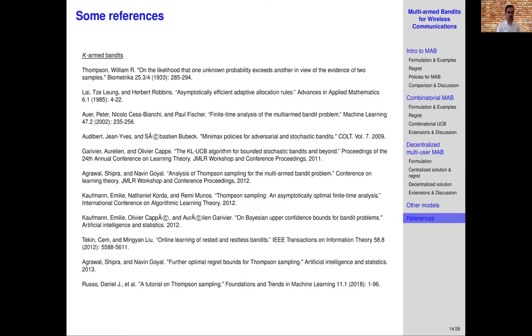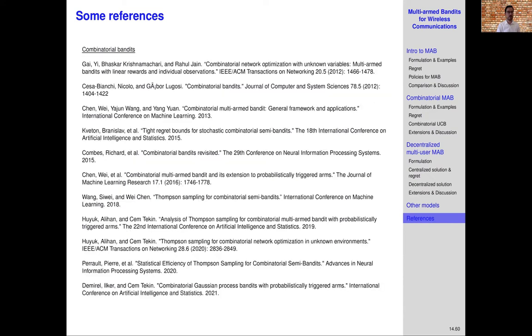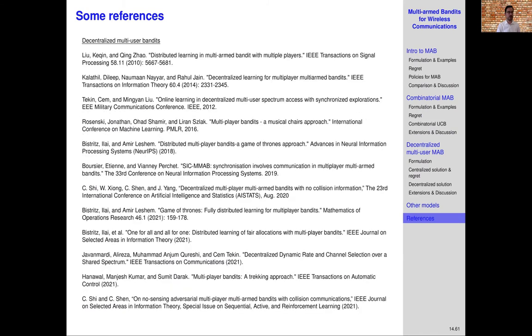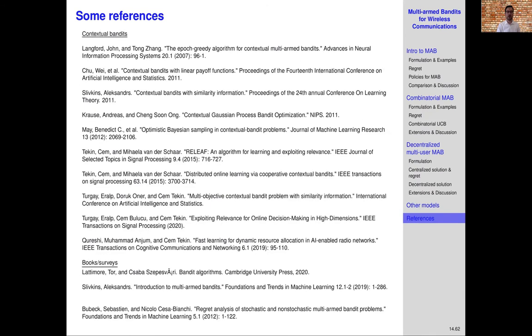Finally, I'd like to close this part by pointing to some references. So here is a list of references for K-arm bandit problems. Here is a list of references for combinatorial bandits, decentralized multi-user bandits, and contextual bandits. Of course, there are many more interesting papers, but I hope that